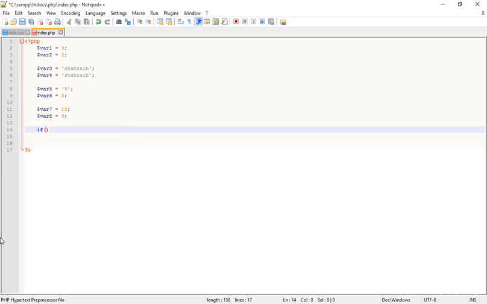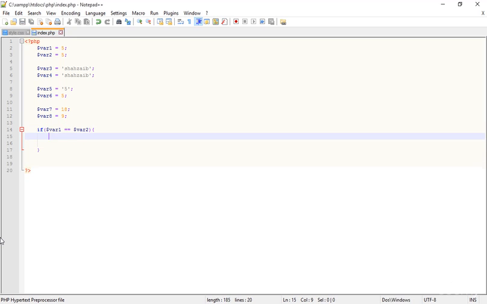Simply call the if, and inside the if just call the var1. This time I'm simply using the comparison operator, and here I'm putting the var2. Yeah, in this way, var2. This is the perfect way. And obviously var1 is equal to var2. As you can see, this is 5 and this is 5 as well, so this echo should be shown